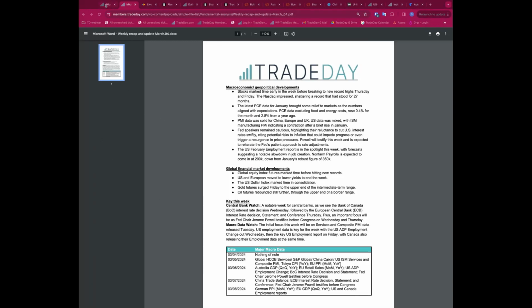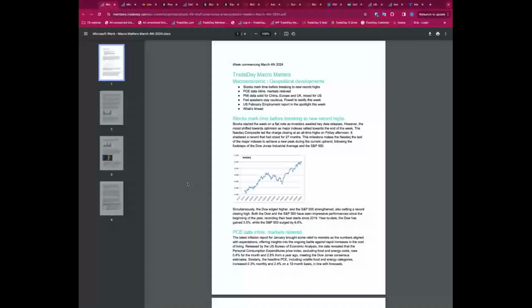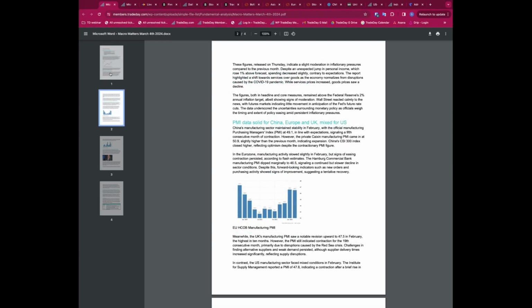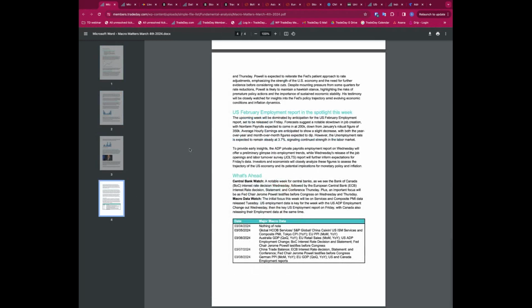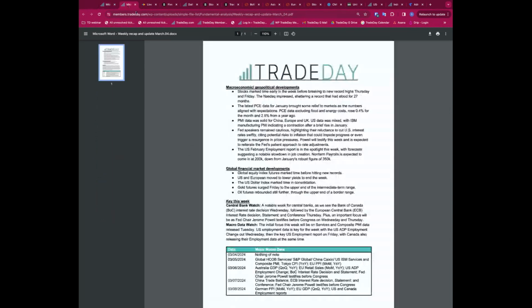So don't forget, if you are watching this live or on the catch up in the members area, just below where you are, there are three columns: the technical analysis reports, the macroeconomic reports, and the news reports updates that we get from Live Squawk. In that middle column, we have these that I post every weekend. There's the macro matters, which is a more in-depth look at what's happened and what we've got coming up. In here, you can see I've done over 4 pages. And then we get the summary of that, the weekly recap and outlook. So we're going to use that today to run through our shape of the week.